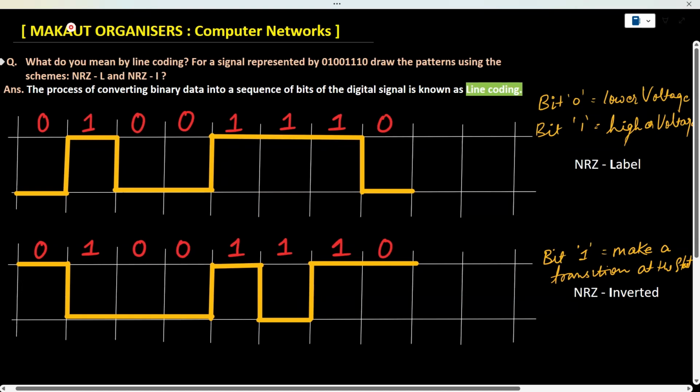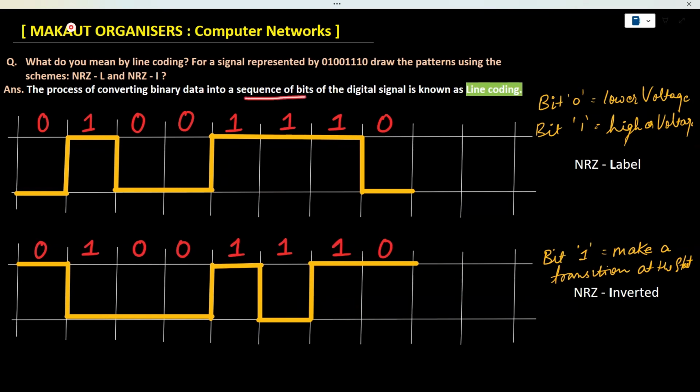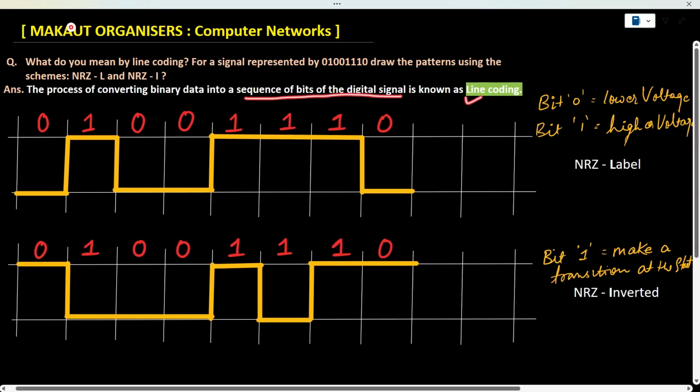This is another question asked by MAKAUT. The question says, what do you mean by line coding? Let's see the definition. The process of converting binary data into a sequence of bits of the digital signal is known as line coding. Second part says, for a signal represented by this, draw the pattern using the NRZ-L and